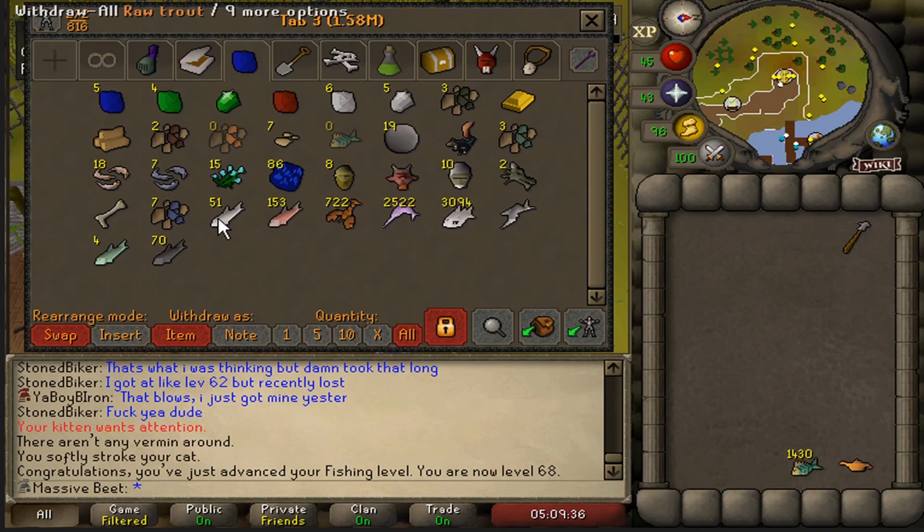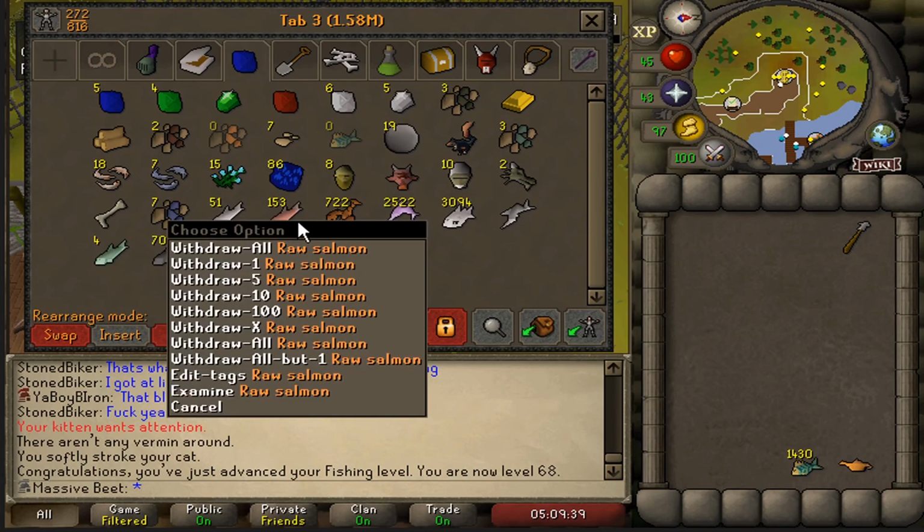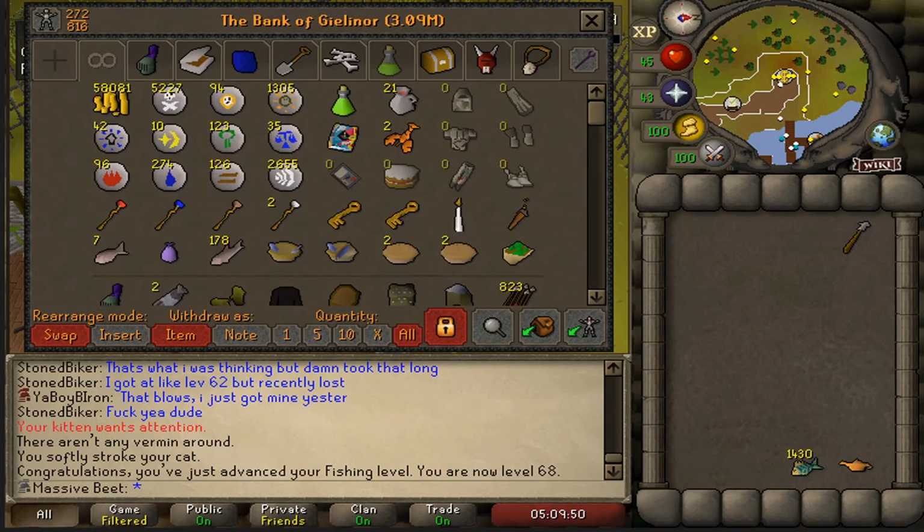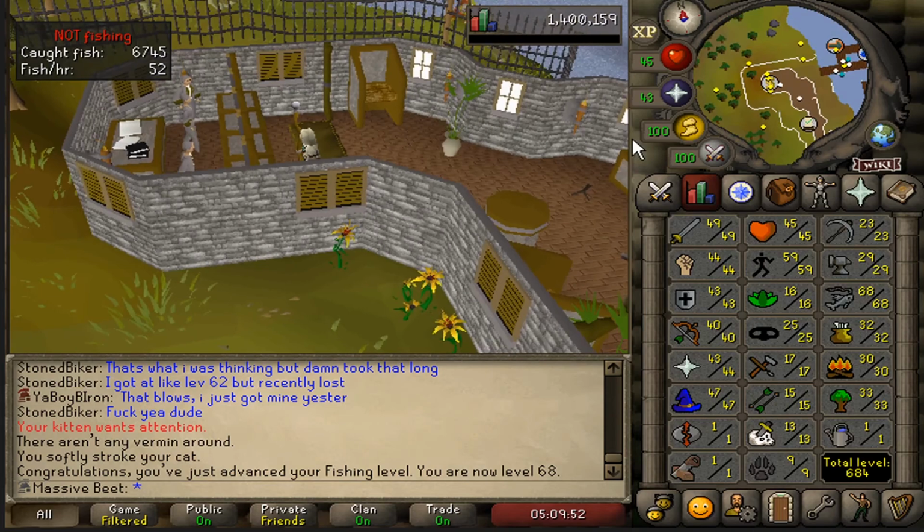However, we now have 51 raw trout, 153 salmon, 722 raw lobsters, 2,500 swordfish, and 3,000 raw tuna. This is going to last us a very long time. But I do not want to burn all of this, so we are going to have to grind for just